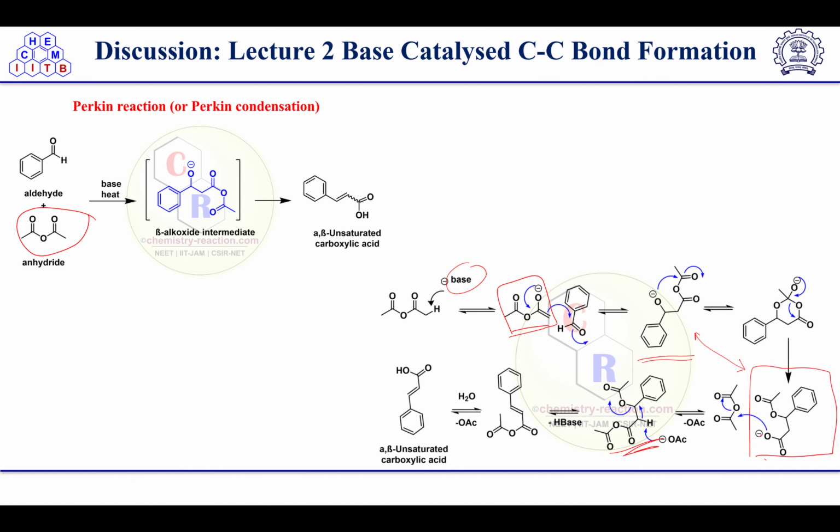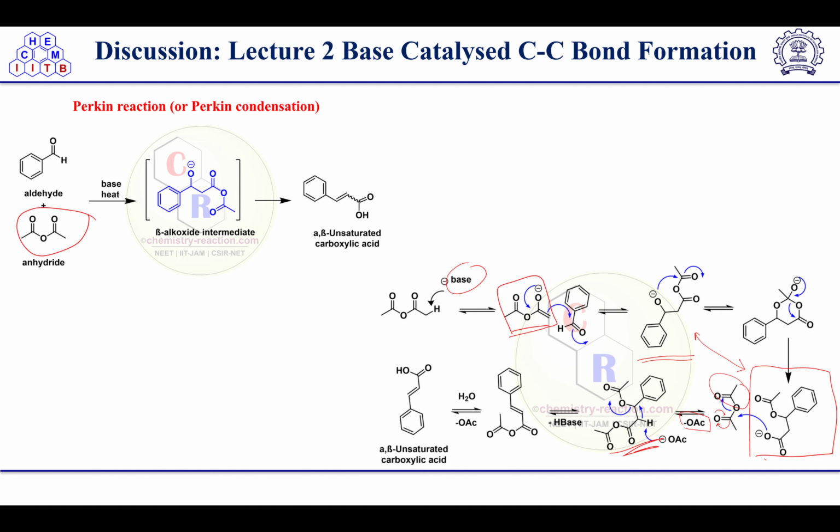How is this possible? See here, this negative charge will attack on this carbon center and it will open up, right? And then it will further attack back, and this group will leave, knock out, right? So the acetate group will knock out this. After getting this intermediate, the next thing is